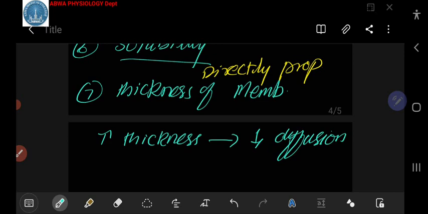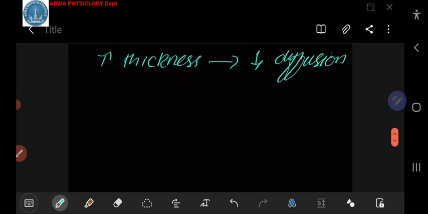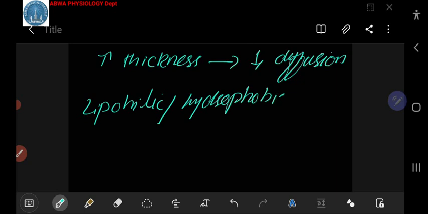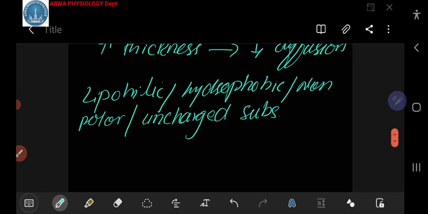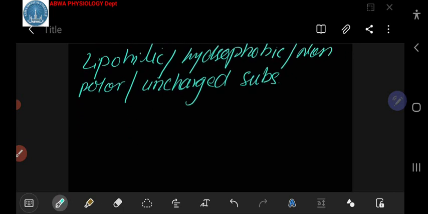Now, in simple diffusion, the rate or the effectivity of diffusion for different substances depends upon their different build-up or nature. It is like that: lipophilic is on the top, then hydrophobic, non-polar or uncharged substances such as oxygen,